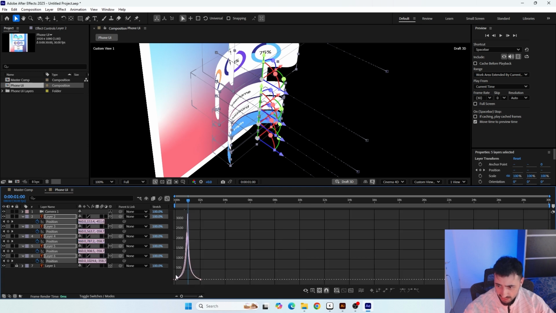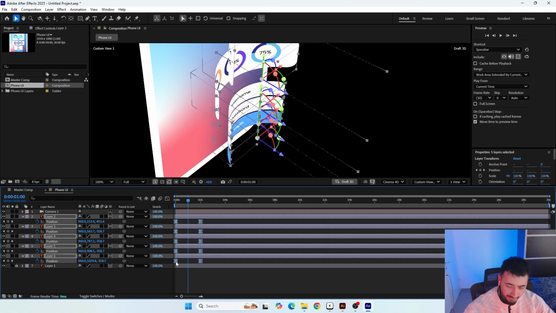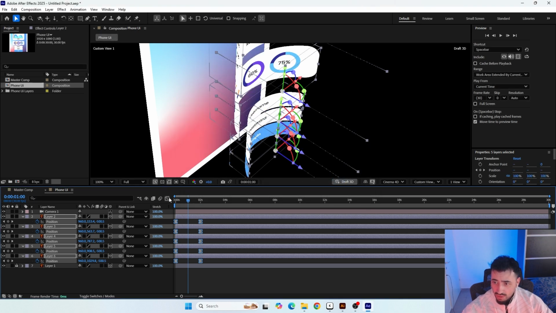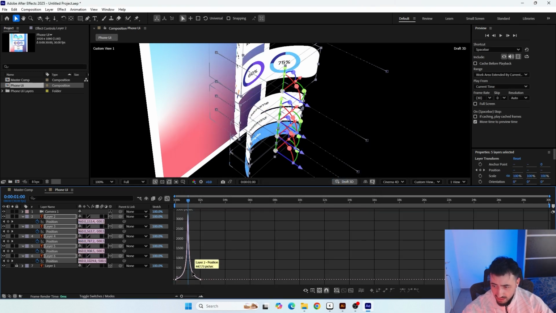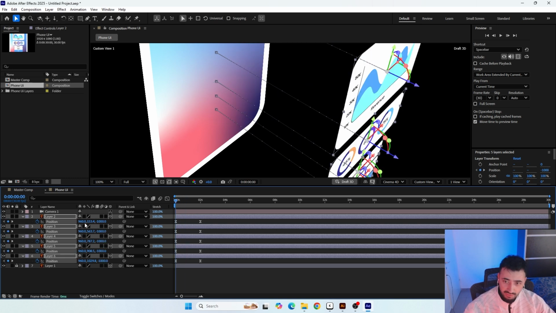The velocity is this curvature, this thing that we are doing. We can change it for all of them at once by selecting them all, holding Alt or Option on Mac, and then double clicking on it, and then we get the keyframe velocity panel for the position keyframe, and we can set it to 25%, and now they will all have exactly the same easing. So it's very nice. And now for the curvature,